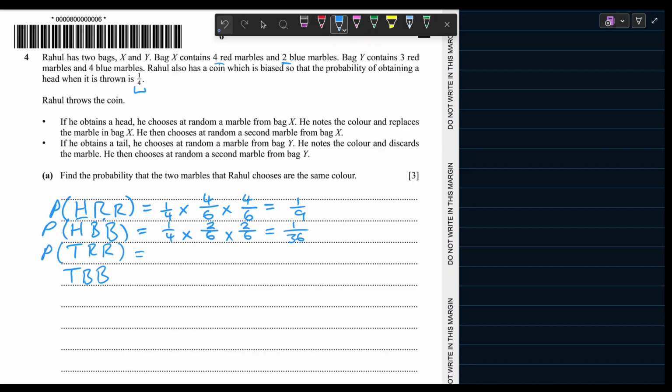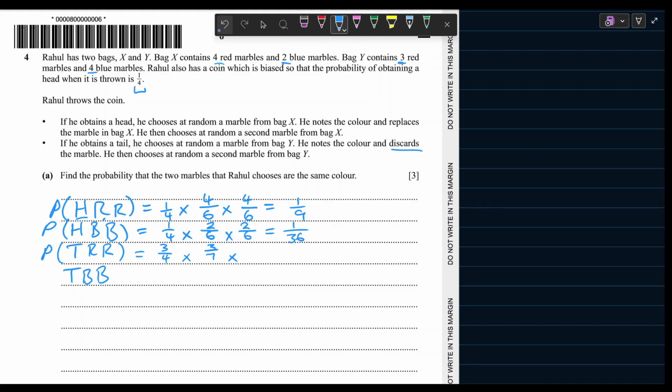Since the probability of obtaining a head is a quarter, it means obtaining a tail is 1 minus a quarter, which is 3/4, multiplied by, we've got a total of 7 marbles in bag Y, and we're saying he chooses at random from bag Y, he knows the color. Okay, so to get a red marble, how many red marbles are in bag Y? There's 3 of them, so 3 out of 7, multiplied by, he knows the color and discards the marble, so